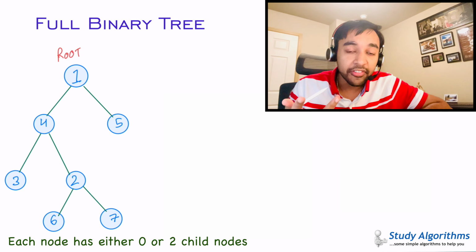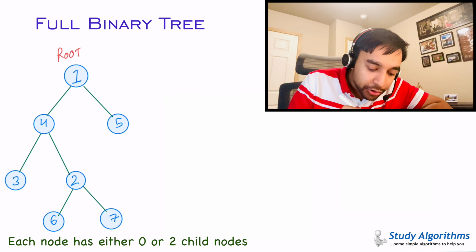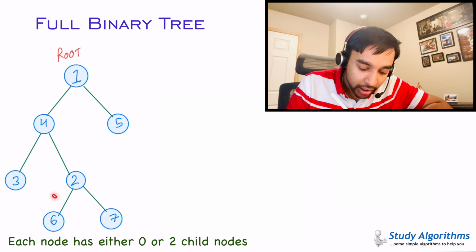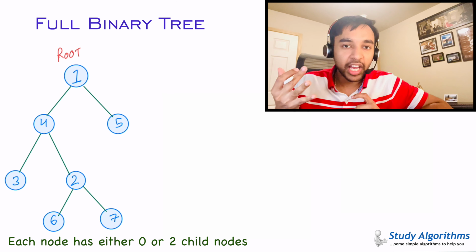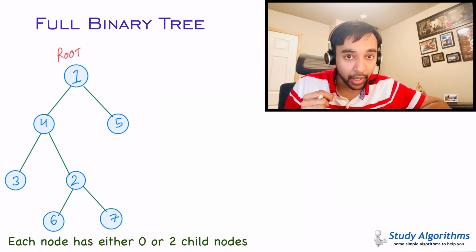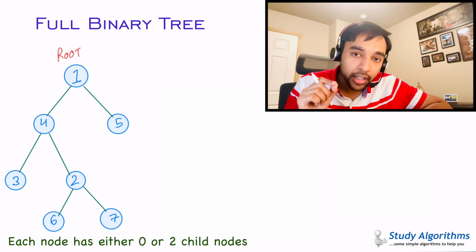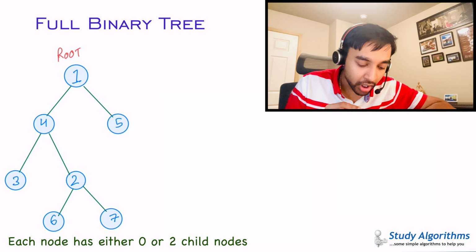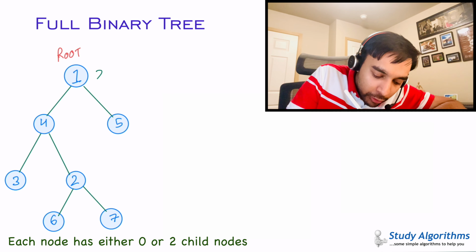First of all, let us see if it's a binary tree in fact. So node number 1 has a maximum of two children, 4 has a maximum of two children, 2 has a maximum of two children. So yeah, this is a binary tree. But is it a full binary tree? To ensure that, we will look at the number of child nodes for each of the nodes. So root has a total of two child nodes.